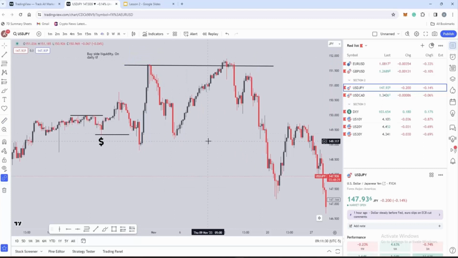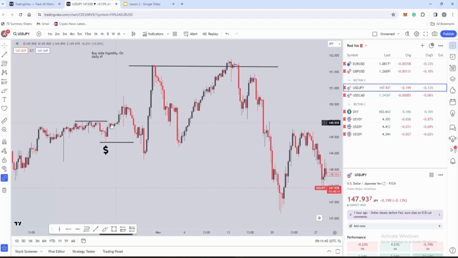So imagine the big banks have an idea that they want to send price higher, alright, and they want to trade it with a lot of money because they want to benefit. Who doesn't want to make money? Alright? So what they'll do is they'll take the liquidity from us, they'll fully grab it, they'll take the liquidity from the uninformed traders who are either going long or going short. They will take the money, and the liquidity is